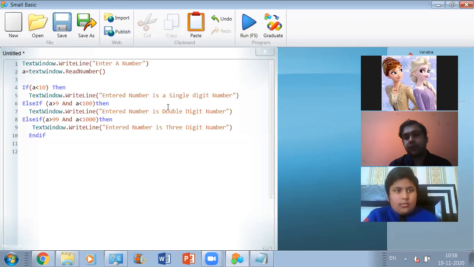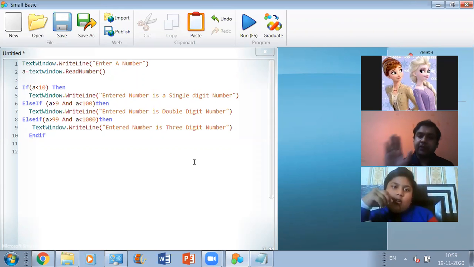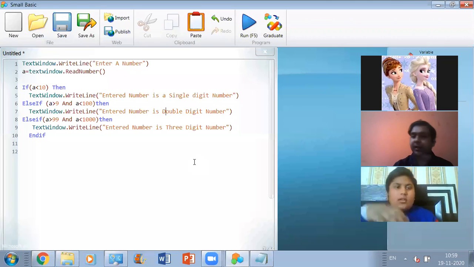Sir, I am not able to access that Small Basic environment. Still not able to access it? How is it possible that you are still not able to, dear? No, sir. I tried to download. Don't give me any explanation here. I know everything about you. I've given you two options now.